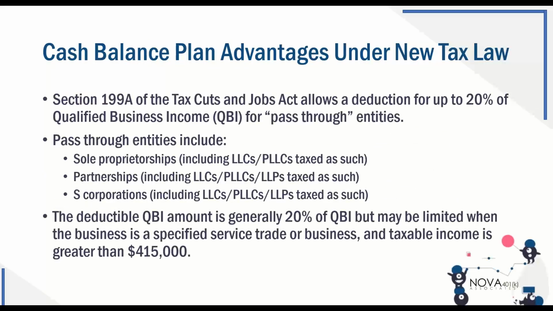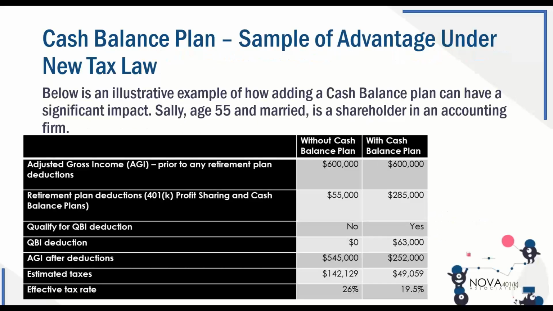So I would be remiss if I did not bring up a very big tax advantage about which I know very little, except to bring it to your attention. It's a complicated additional tax advantage when you add a cash balance plan. This is a new tax cut that came out a few years ago, and I really just bring it up to make you aware for pass-through entities. This is a possible additional tax deduction.